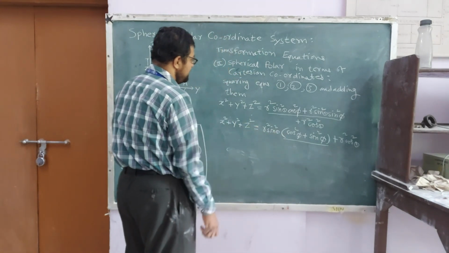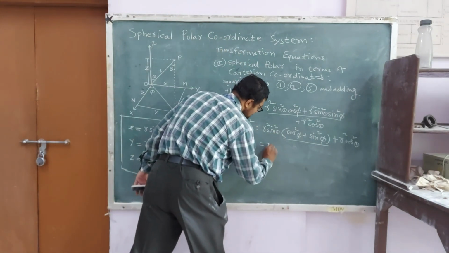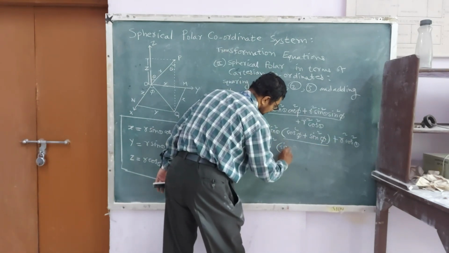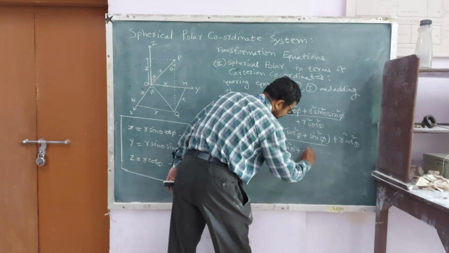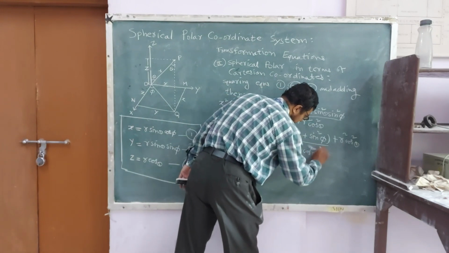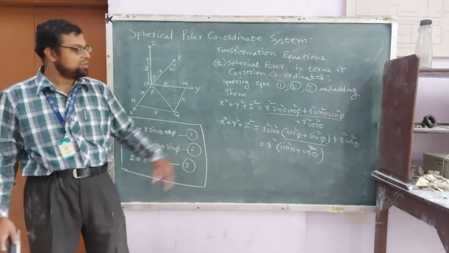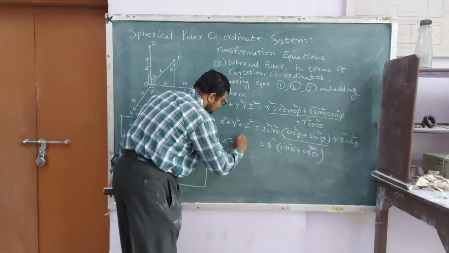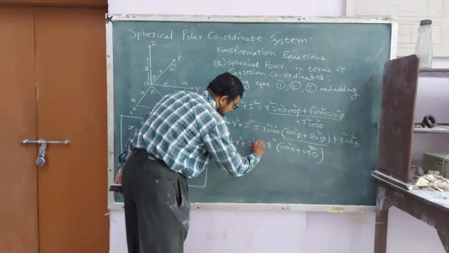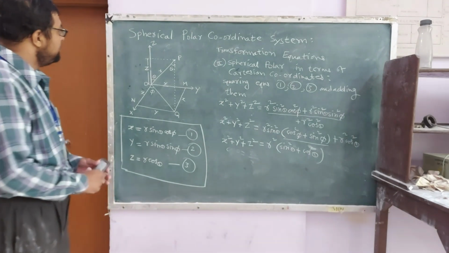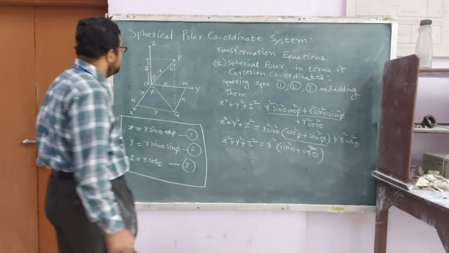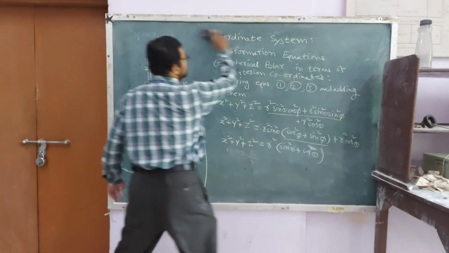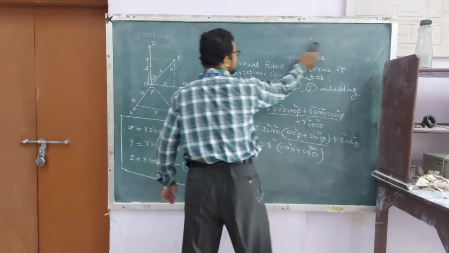From these two terms, again we can take r square common. What will remain inside is sin square theta plus cos square theta, and again sin square theta plus cos square theta is 1. So we get r square as x square plus y square plus z square. If you want to find this r, which is nothing but this distance, I will write it down here because we don't have space here.